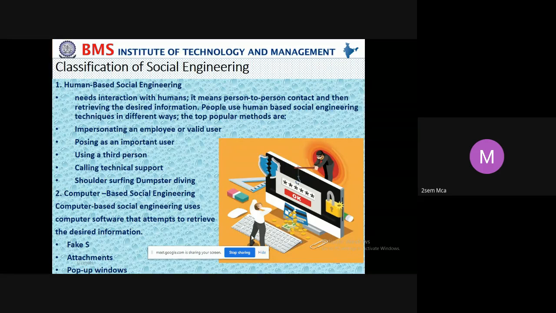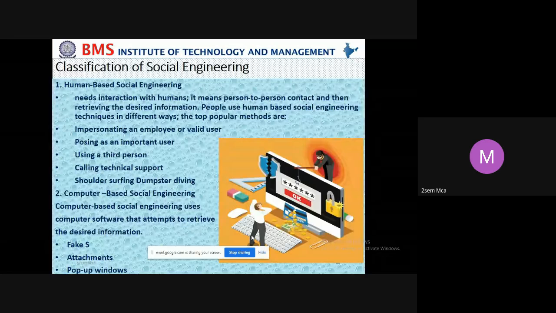Then using a third person, like posting ads on behalf of the company. If you buy through my firm, you are going to get very good services, and such kind of activities they carry out on social media.